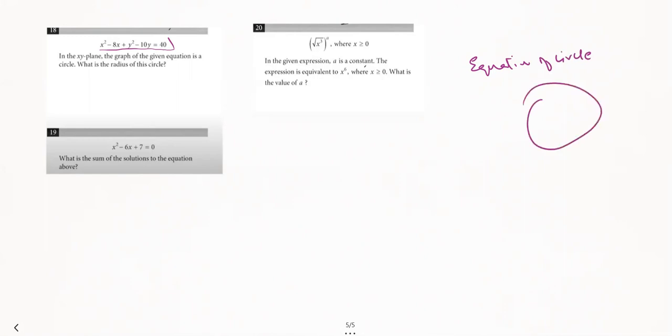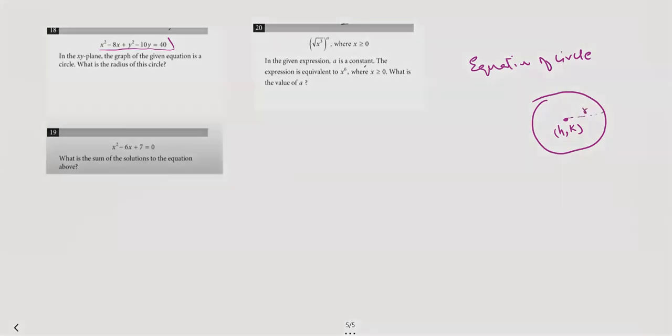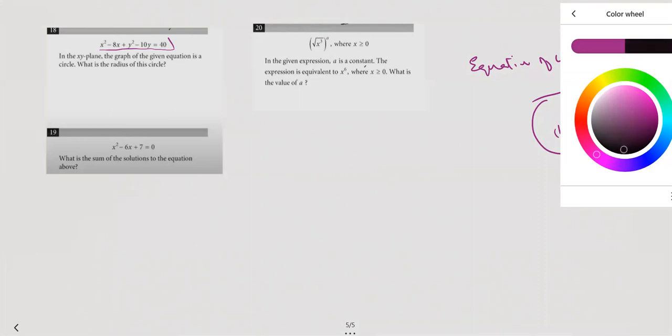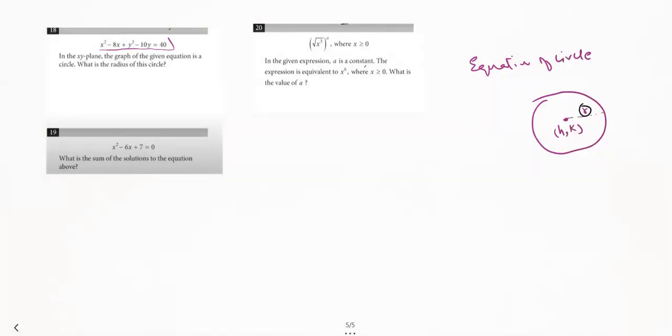So if you look at a circle, you would come to know that there is a center point. For example, if I take the coordinates (h, k), then the radius is r. So r is the radius. The equation of the circle from the center is (x minus h) whole square plus (y minus k) whole square is equal to r square. This is the equation.